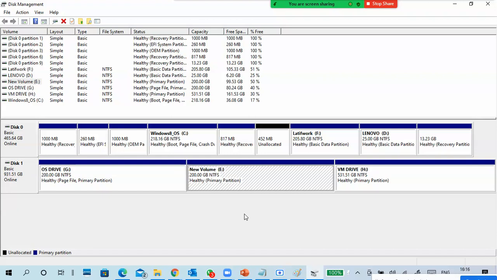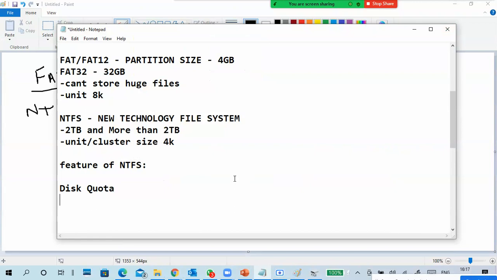In general, when you buy a computer or laptop, you keep downloading data from the internet or getting data from friends and putting it into the drive. In enterprises it also happens. So what to do? Limit the size of access: out of 200 GB, give him only 20 GB, so he can put only up to 20 GB and you save the space in the drive. That is called disk quota, given by NTFS.